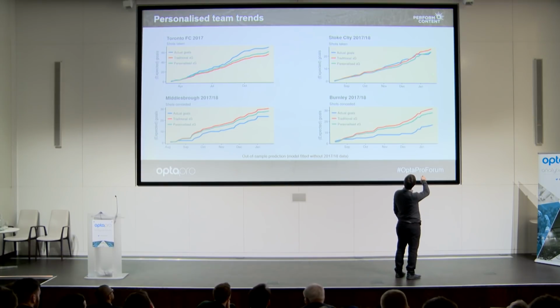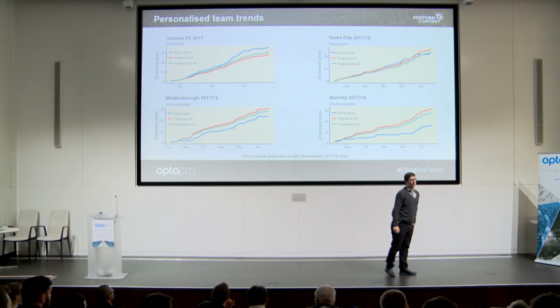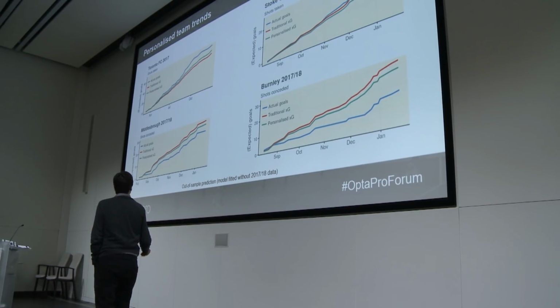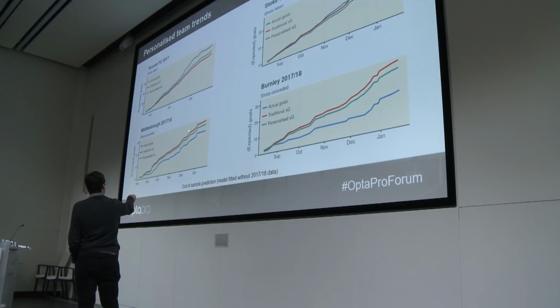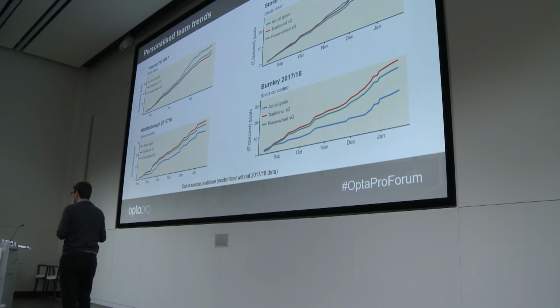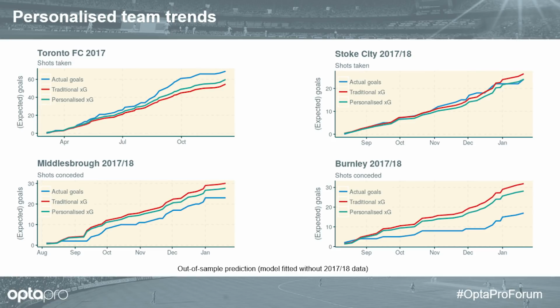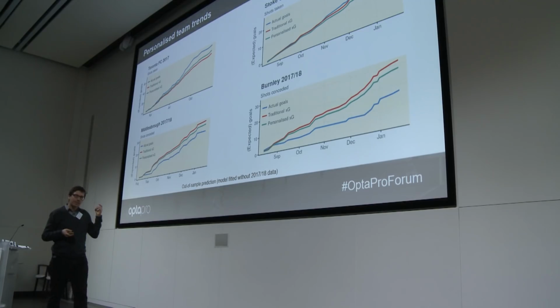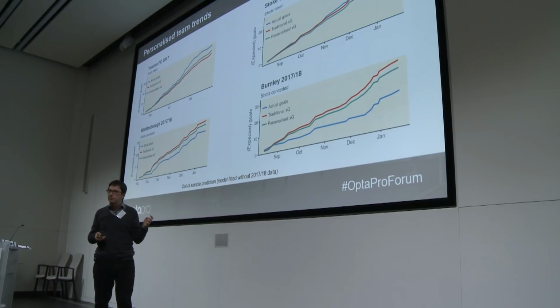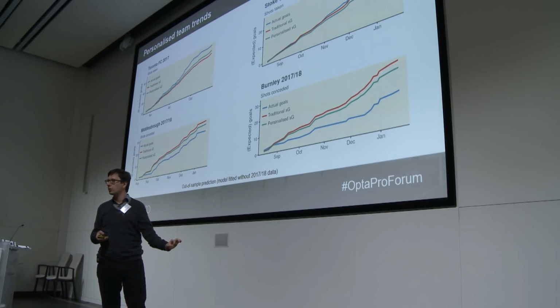And in fact, it looks like Mark Hughes got sacked exactly when the actual performance caught up with the underlying one. And here for Middlesbrough and Burnley, you have their overperformance defensively also checked, but you can also see that it's kind of checked to a smaller degree than you would hope. And that is an effect of that inbuilt conservatism of the model.